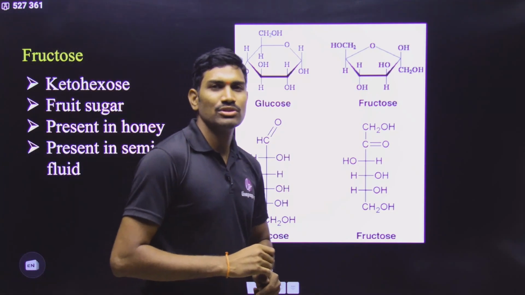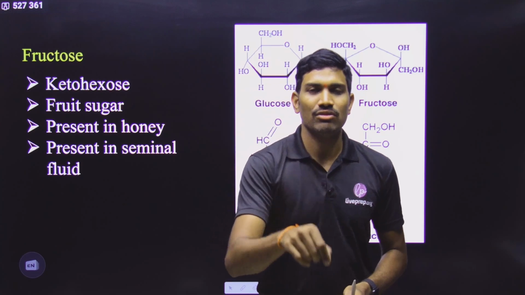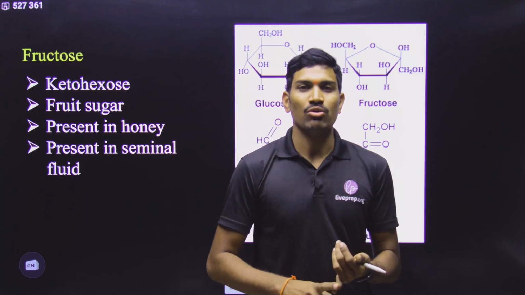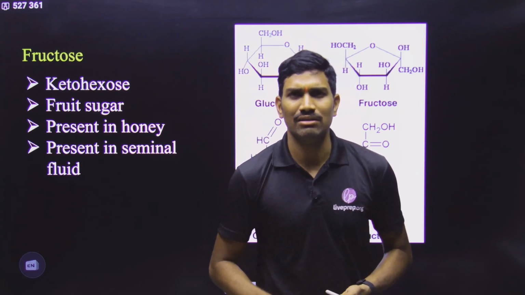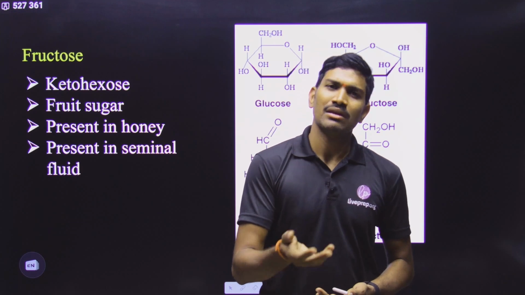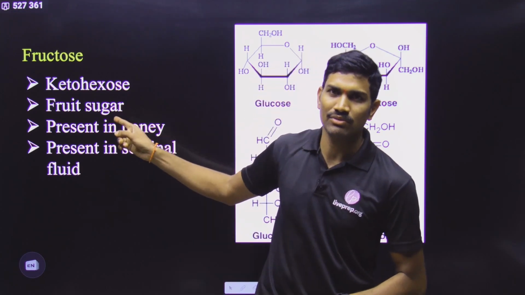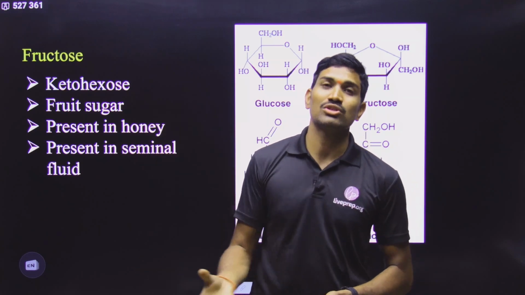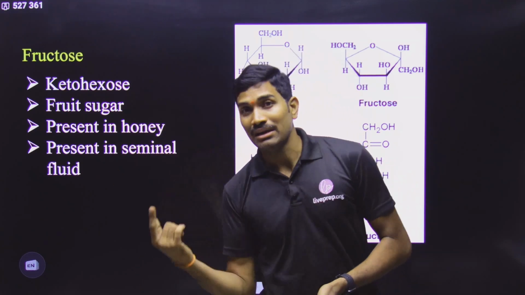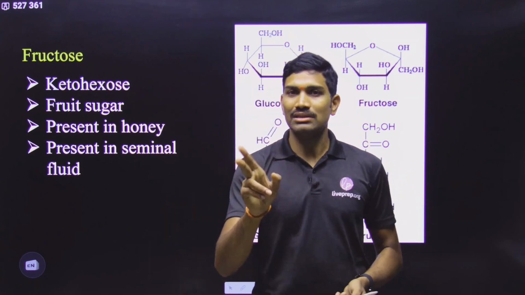Because I saw one question like, fruits contain which of the following sugar? They have given the option glucose, fructose, sucrose and some other sugar they give. That is a blunder mistake. So fruits are also having different types of sugars also. I hope now you understood the concept of this. So even though fructose is called as a fruit sugar, but grape sugar will be the glucose. There is a separate point there.